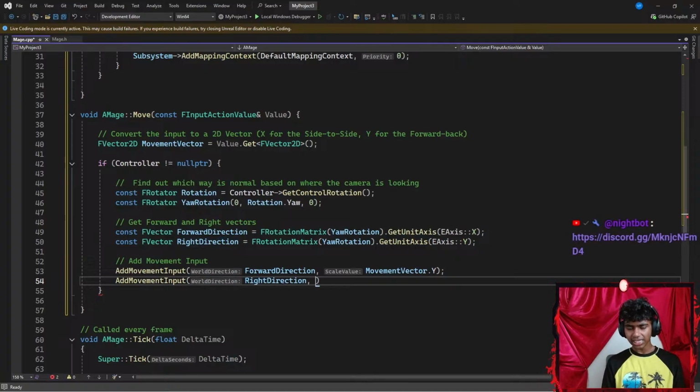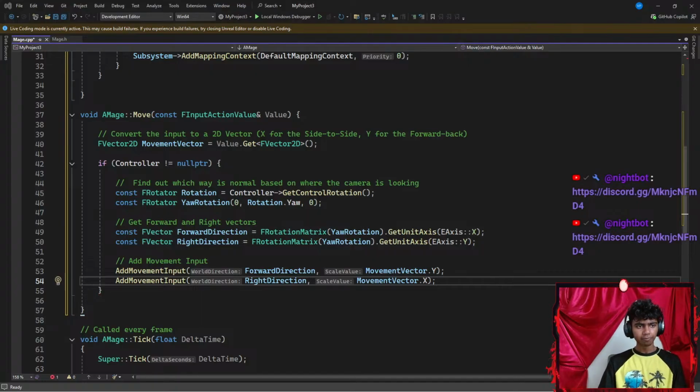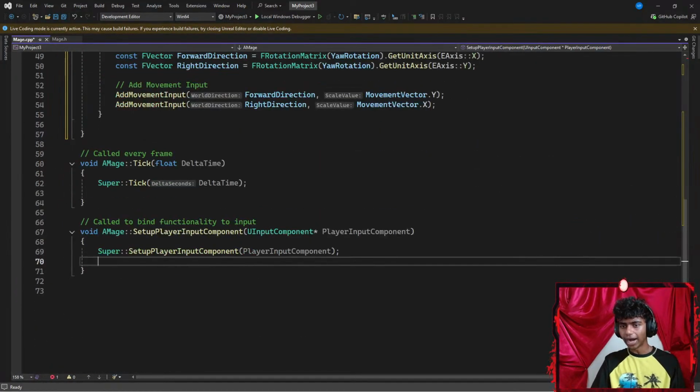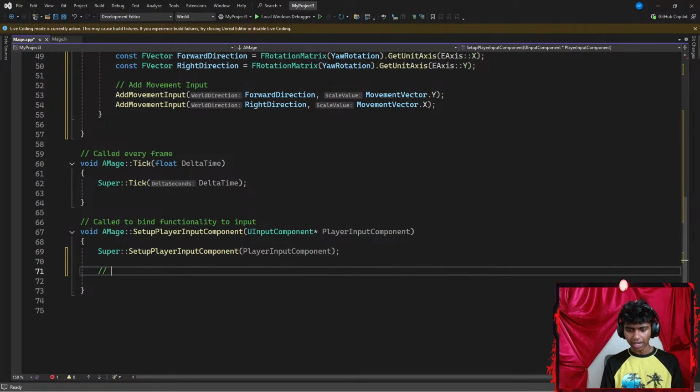Okay, and then my scale value is going to be my movement vector dot x-axis, ending with a semicolon. And that's very much it for this. Okay, now for the binding, the final linking part. Under my bind section here, I'm going to go ahead and bind my player. So cast to enhanced input. I'm going to add a comment that says something like cast to